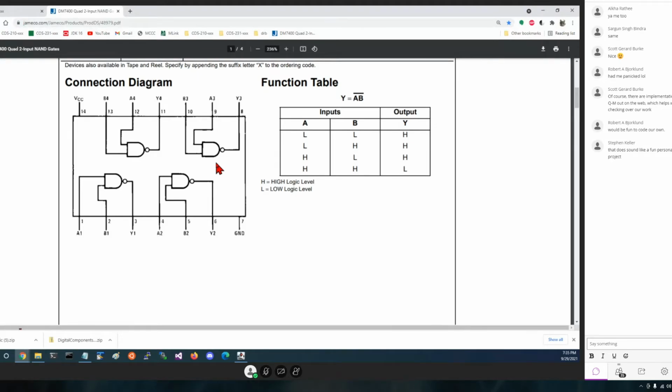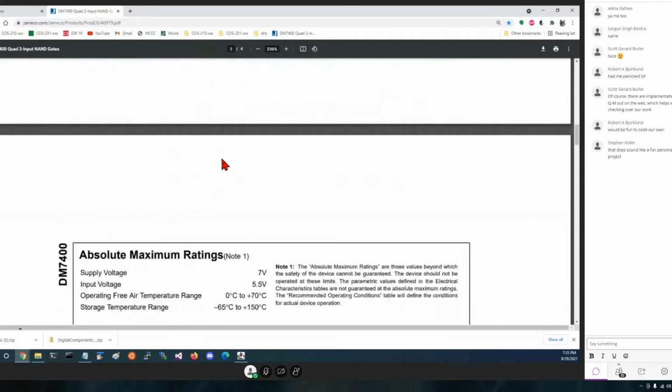Now, if we were all meeting together at the end of class tonight, before class was over, we would put some of these together and light up an LED using them. Unfortunately, we can't because of COVID, but maybe sometime you can come back and visit me and get to do it with the class. Now, inside this data sheet,